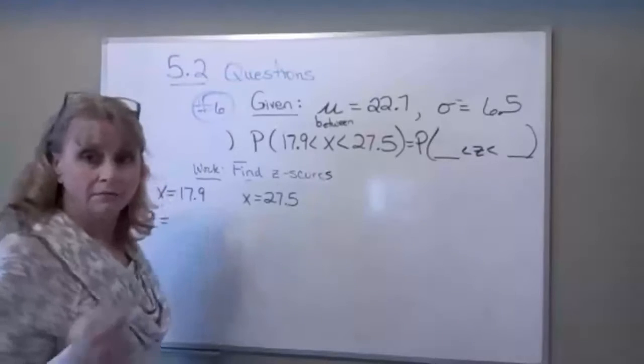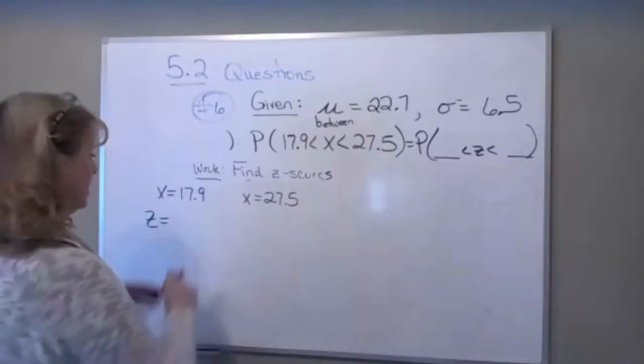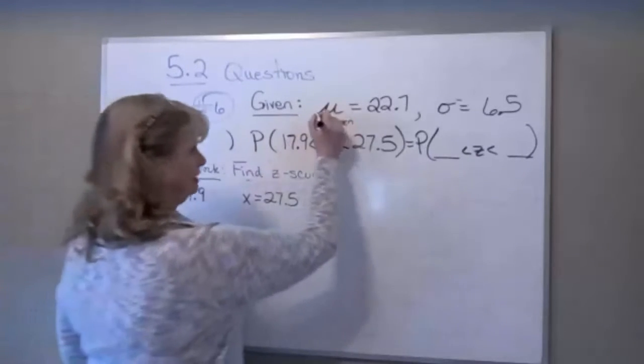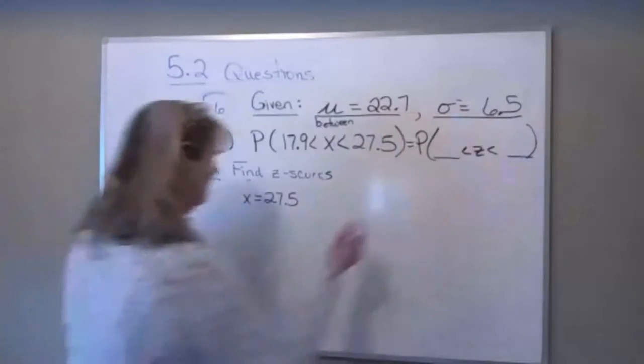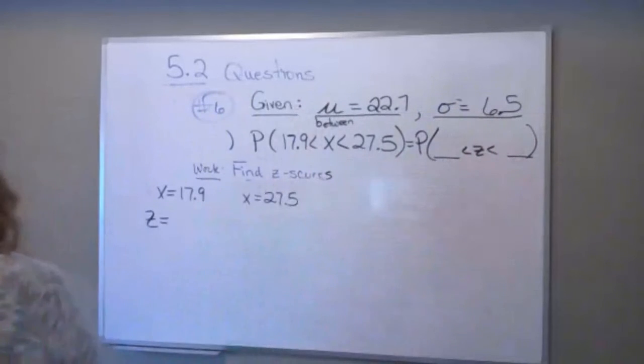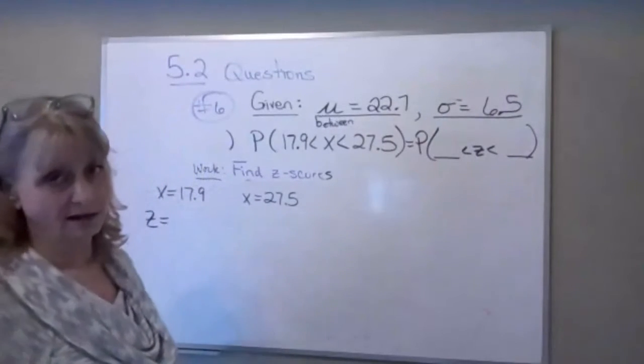But when we're done, right now we need to find these z-scores. Okay? So we're not going to subtract these numbers. With these numbers, we're going to use the mean and the standard deviation again to find the z-score. So right now we're going to look for those two numbers right there. We need those numbers before we can draw our picture, because our picture has to have z-scores on it, not